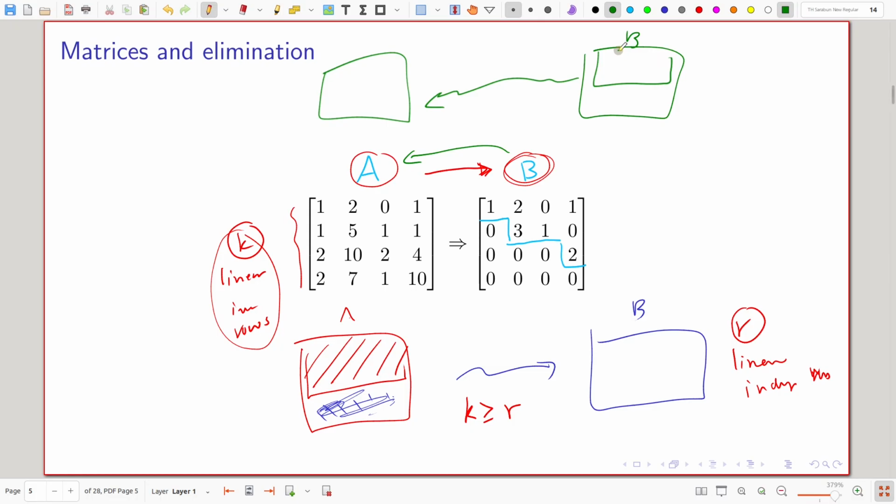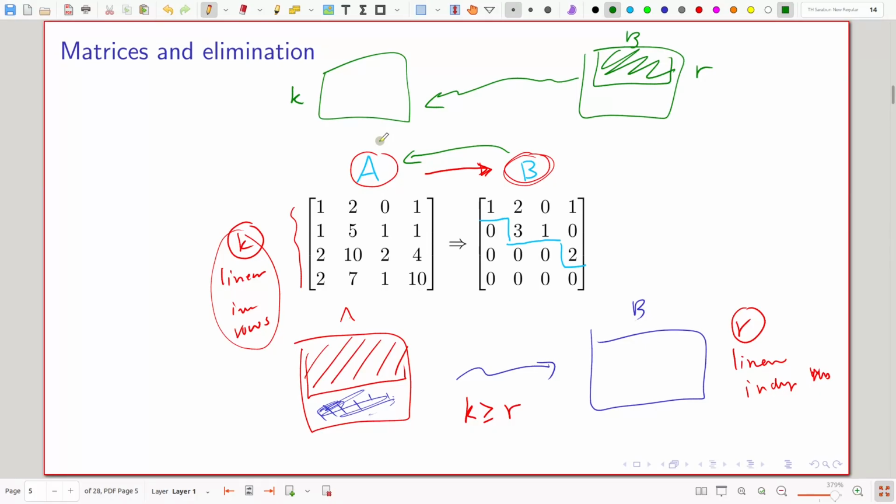So if B has R linearly independent rows, and you obtain A, and you know that A has K linearly independent rows, what can we talk about R and K? Can K be larger than R? So we start with B now, okay?